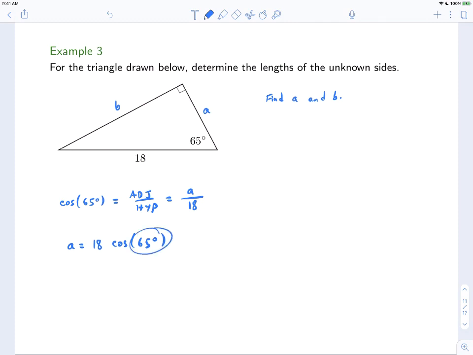Well, what's 65 degrees? It might help if we know what 65 degrees is in terms of radians. So 65 degrees is 65 degrees times pi over 180 degrees. And this gives us 13 pi over 36. In that case, we know that A is equal to 18 times cosine of 13 pi over 36. Now, this is a value that we're not likely to be able to compute on our own. But if we use a calculator, this is approximately